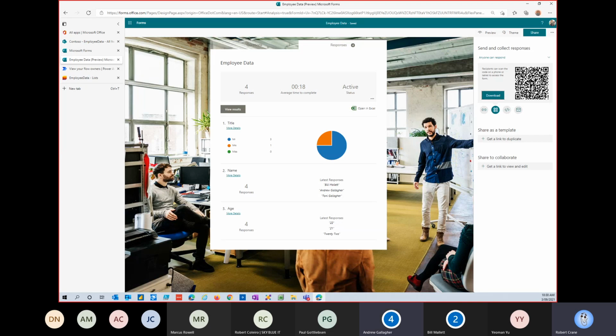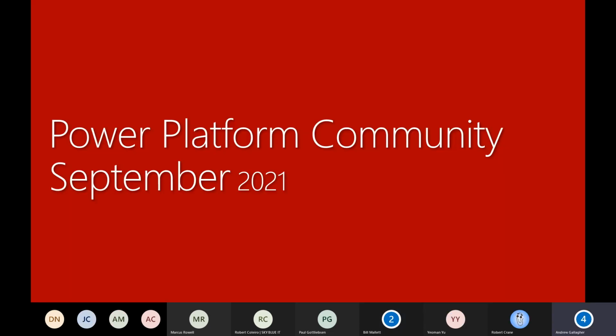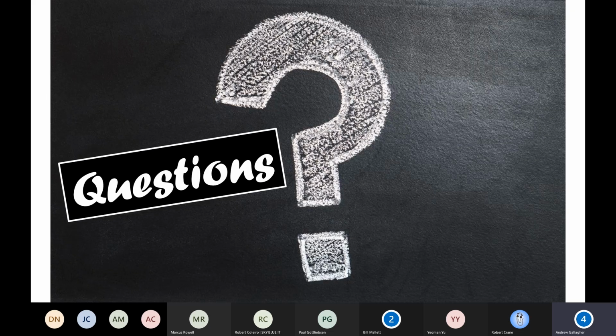I was also going to say, once you've created your form, you can save it as a template, as you can see here, and share it amongst your team in your Microsoft environment, so you can all work on the one form, the one SharePoint list, or the one Power Automate flow together. So it's very easy to share and work on projects as a team. Excellent.